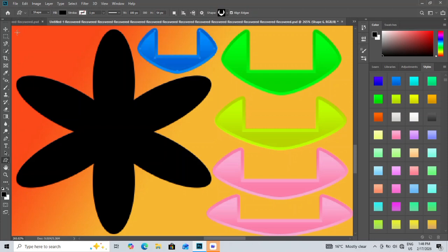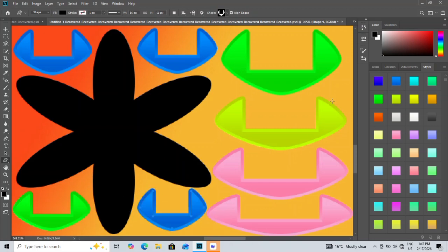Once the layout is balanced, group all motif layers and duplicate the group so you have two identical pattern layers. Select the top group and experiment with blend modes such as overlay, soft light,